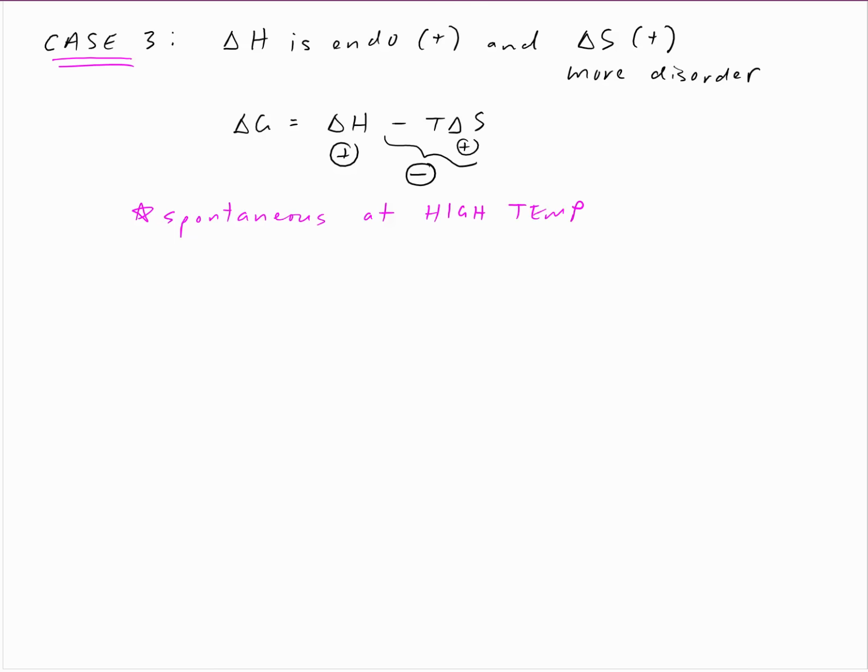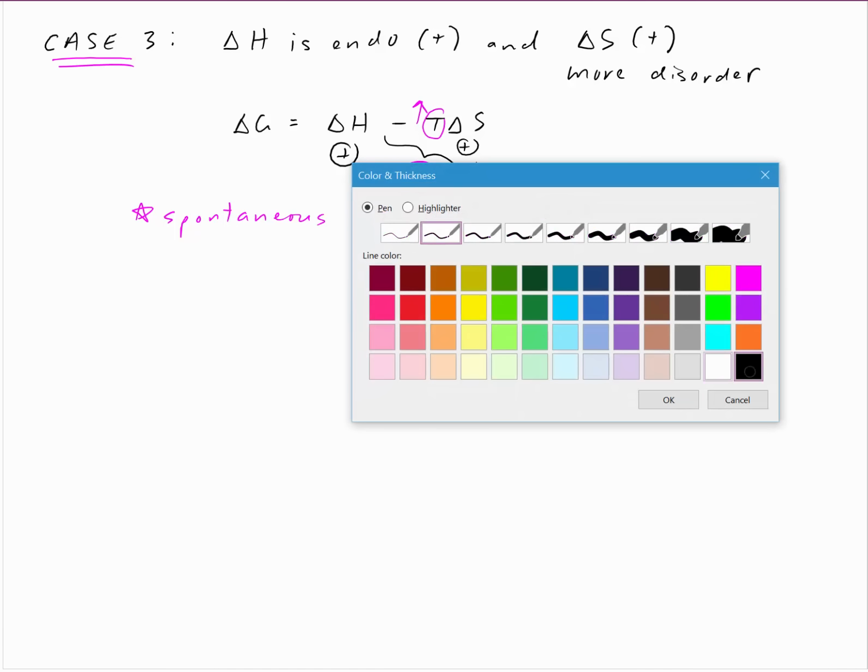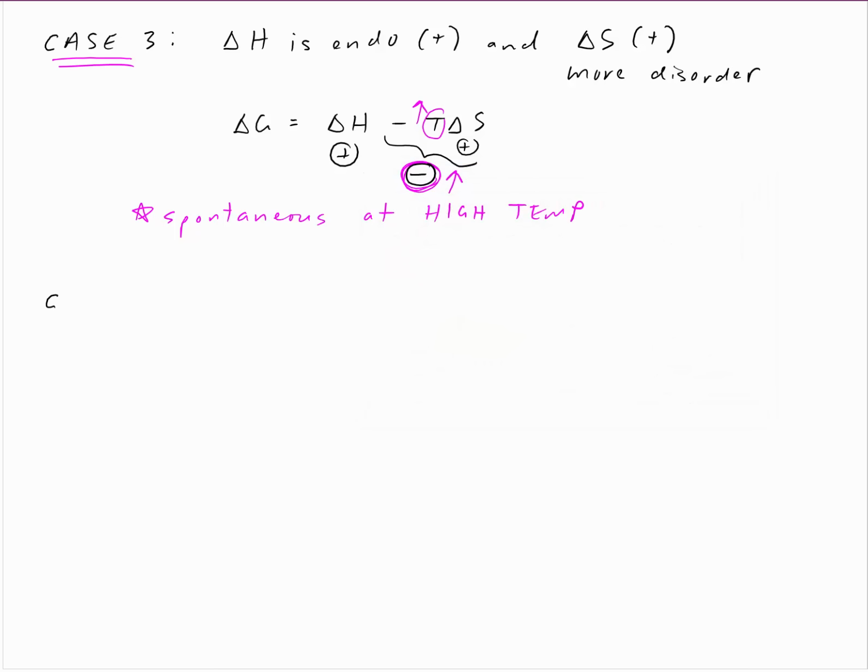Okay, because as you can see, when this goes up, it'll make this term big, and it will beat this term, this one over here. All right, so now for the next case, when delta H is endothermic but more disorder is created. Let me actually write an example here for this one. So an example for this would be